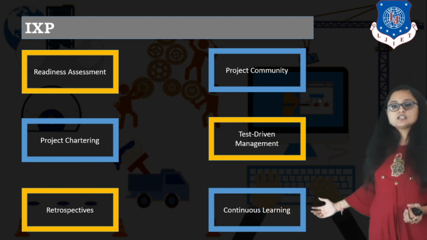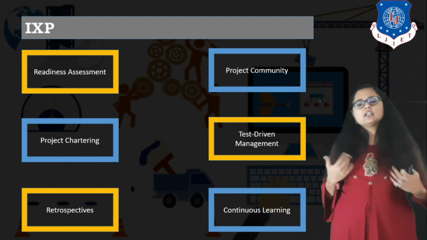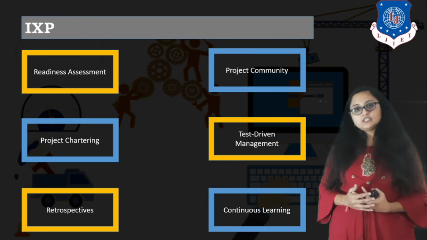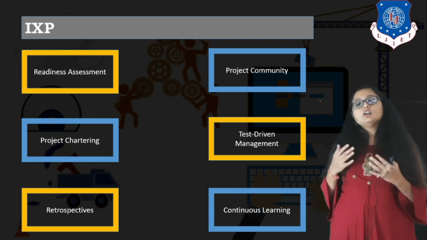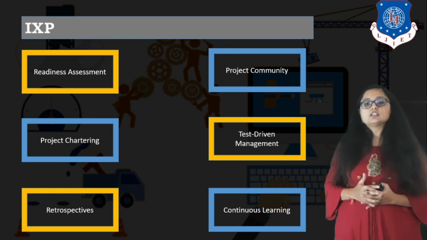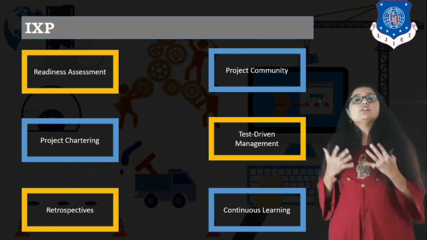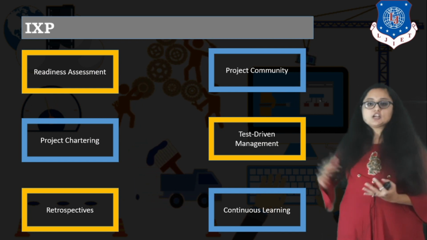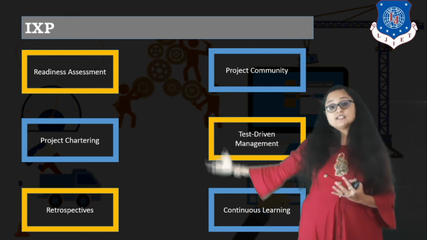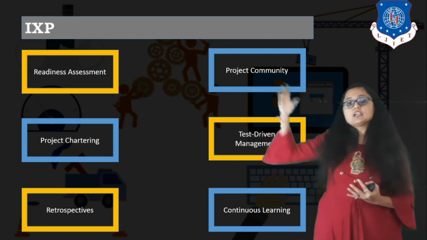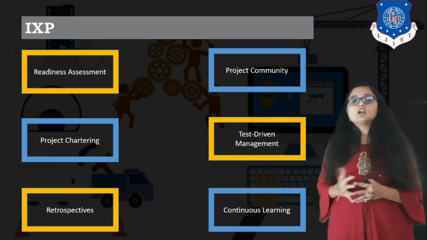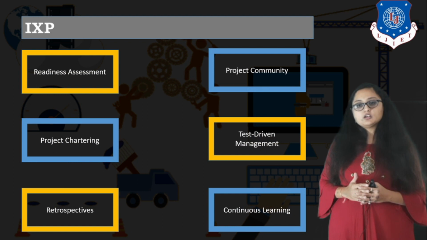And the last is continuous learning. We motivate the team members of the development team to learn continuously, so that the ever changing needs of the customer can be handled without any complexities, right? So these all are the principles of industrial extreme programming, apart from the process of extreme programming, which is the